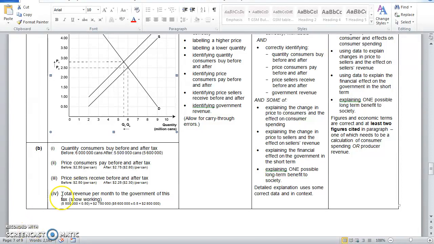All right, and then just the sellers, it's the same thing as before. Their revenue is going to go down, but they're paying part of the tax to the government, so their price goes down. And then